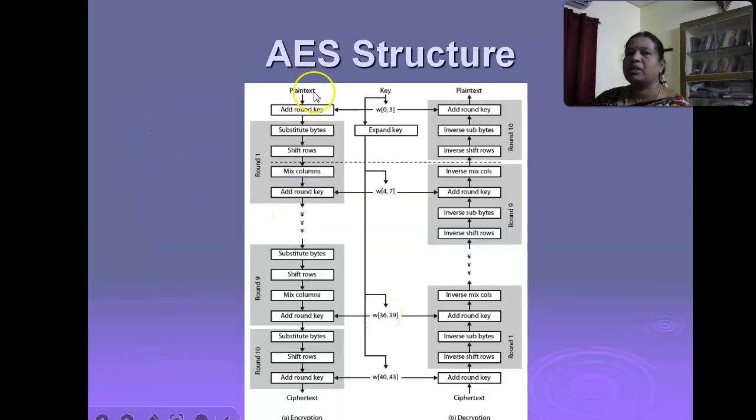These are the main 5 processes we are going to undergo in AES structure: add round key, substitution bytes, shift rows, mix columns, and again add round key. So mainly we are going to see 4 processes: add round key, substitution bytes, shift rows, and then mix